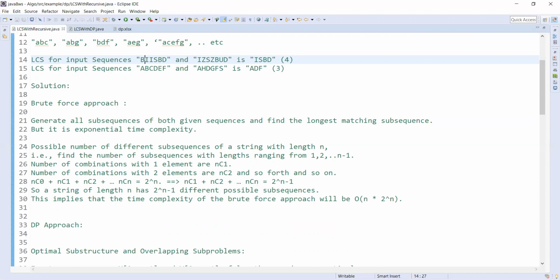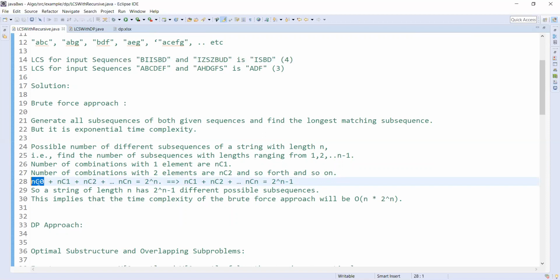We already know that nC0 plus nC1 plus so on up to nCn is 2 power n. We can take out nC0 because we are not dealing with any empty set. If you take the subset example, for every set there is a subset that is the empty set, but we are not taking that as a subsequence here. The empty string is not a subsequence for any sequence, so we take only non-empty sequences.